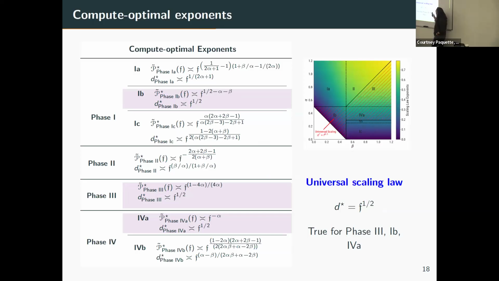And what you recover after solving for D star, the optimal D star, is that there's a huge portion of the plane of alphas and betas, which is just universally D star ∝ FLOPs^(1/2). Just totally solved. Okay. This is amazing because it doesn't depend on alpha and it doesn't depend on beta. So you don't need to know what those things are in language. You could just guess and say that I should scale like FLOPs^(1/2).